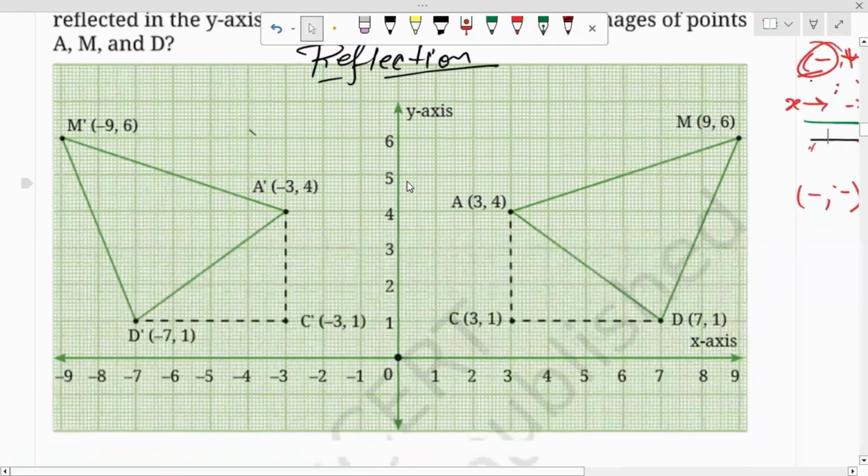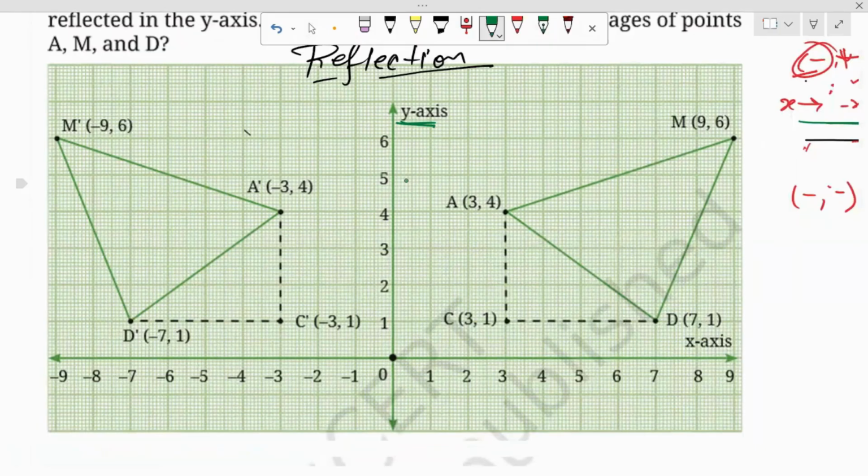Now, let's see here, the reflection is along the x-axis. So this is A, 3, 4. This point will be reflected there as A prime. We will read it as A prime. As I have explained previously, here it is the first quadrant, both are positive. Second quadrant, x negative, y positive. So only x will change. So 3 will become minus 3, remaining all the same. M, its reflection will be M prime.